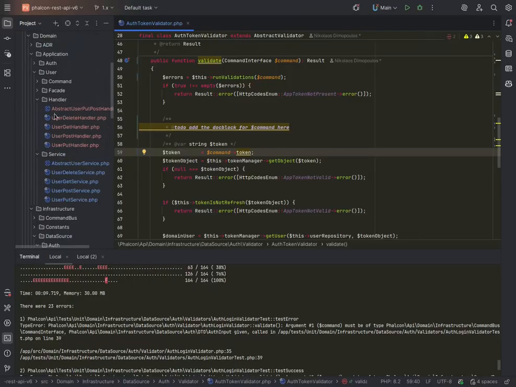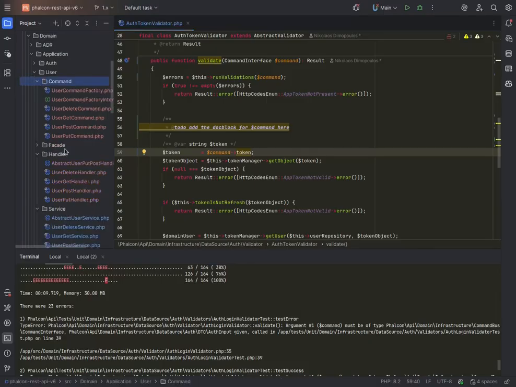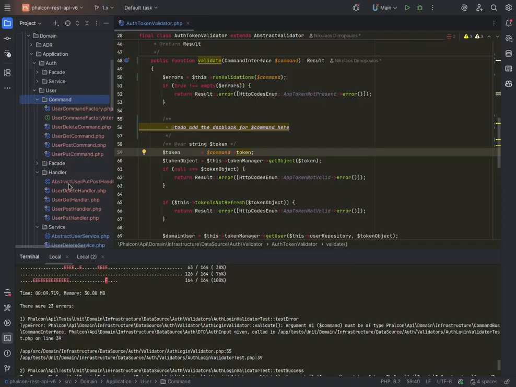Have the handler here, and then create the commands and use the facade over here. So we're gonna have to do two folders and just split the commands and